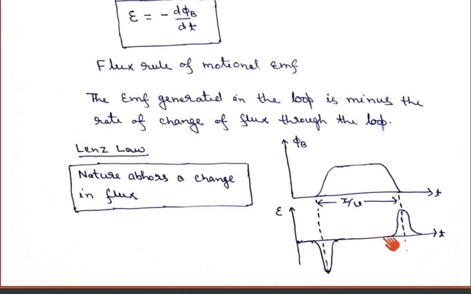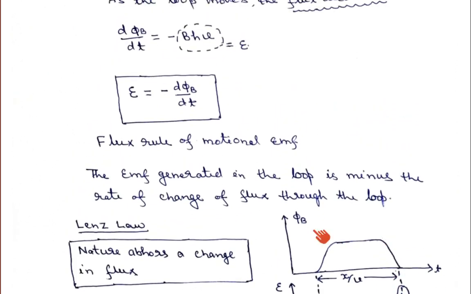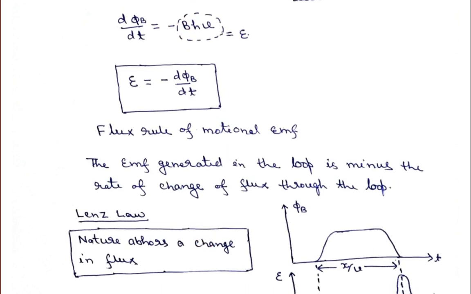So one can say that, if you come back here, the flux was changing, del phi b upon del t was changing, meaning this flux was decreasing with respect to time. So the decrease of this flux will be opposed by the nature of the circuit. That is why this minus sign comes, because of the property of Lenz's law of the circuit. So this is what we have learned in case of motional EMF.